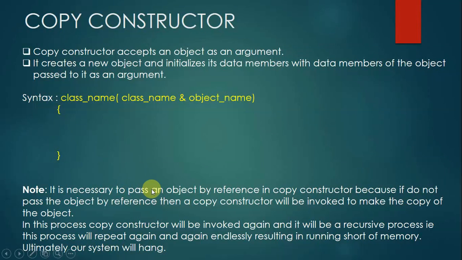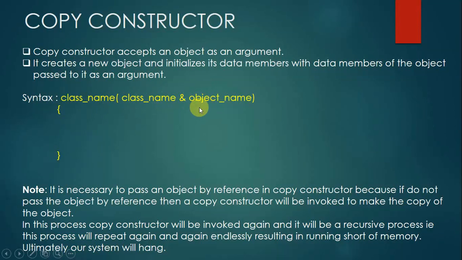Let's see this. It is necessary to pass an object by reference in a copy constructor because if we do not pass the object by reference, then a copy constructor will be invoked to make the copy of the object. I hope you have understood this, because if I don't give the ampersand, then it means I am invoking this constructor by giving the name of the object and we are calling it by value. So to call by value, the copy of this object will be created, and to create a copy of the object, again the copy constructor would be invoked. So in this process, the copy constructor will be invoked again and again, and it will be a recursive process, because this is the